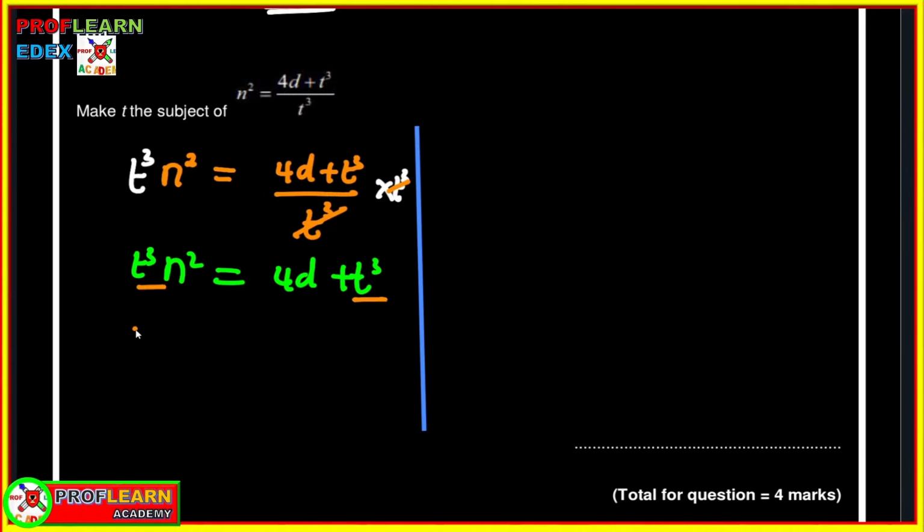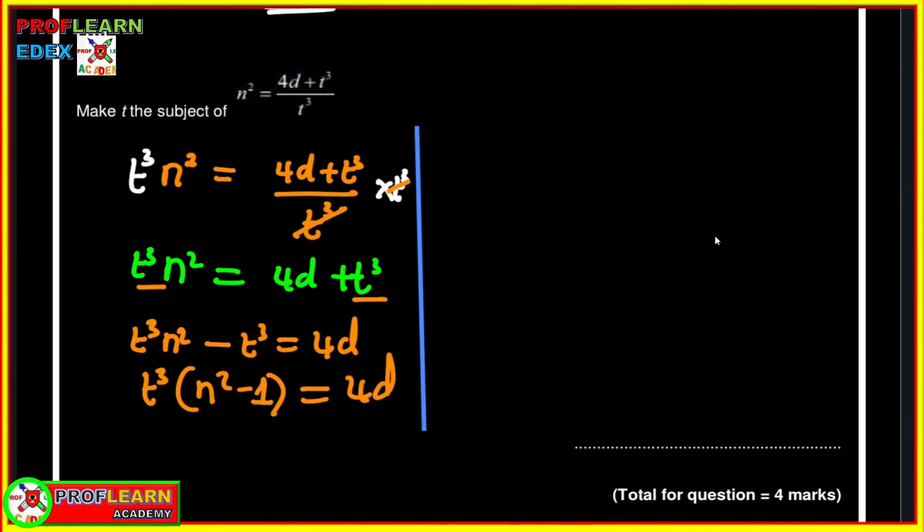So we can say this is t cubed n squared minus t cubed equal to 4d, and that's going to be t cubed into n squared minus 1 equals to 4d, and that will mean that we can divide by n squared minus 1 over n squared minus 1,